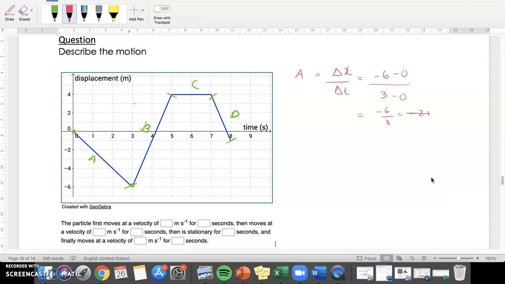What is that? Minus 2 meters per second. So that's for A. What about B? B is a positive gradient. As you can see, it's going up. This one was going down, so we got a negative gradient. Now for B, we are expecting a positive one. So delta x over delta t, the